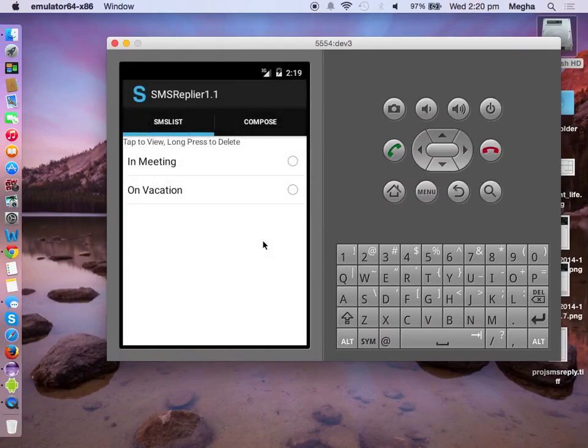Okay, I'll complete this exercise. In this particular SMS replier application we are working on, we added fragments in a view pager. Also, we added a fragment in an activity, I mean, a different activity. Now we have to make it